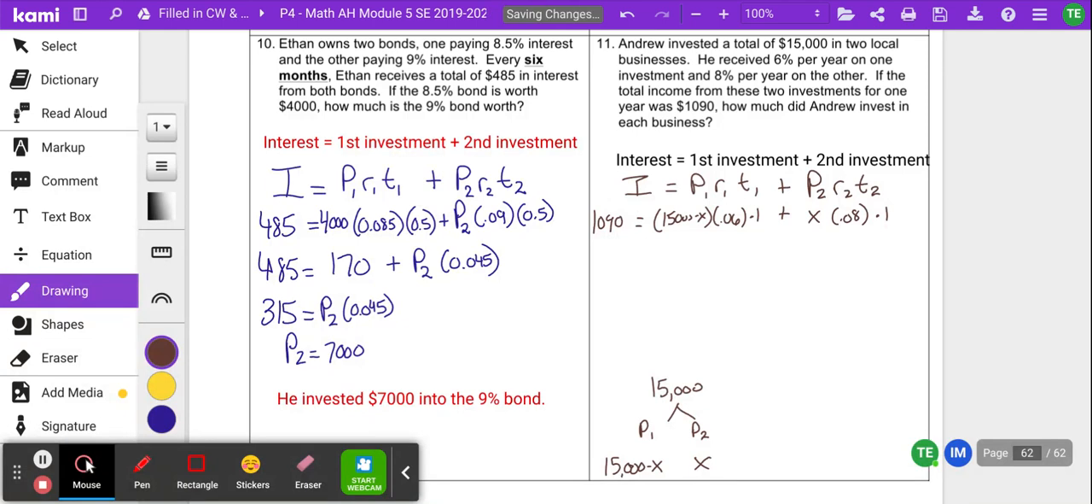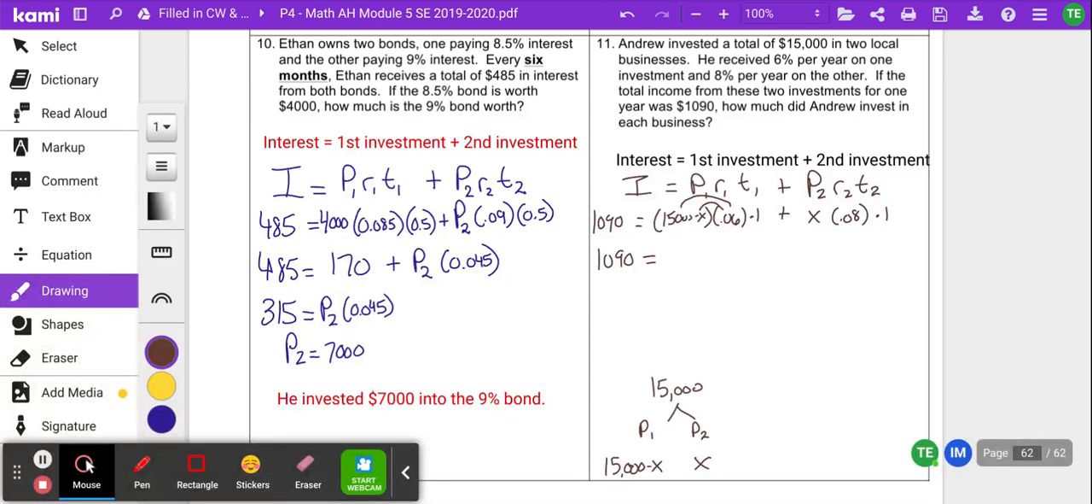All right, so now we've got our equation. We've got to clean it up. So here we have $1,090. 0.06 times 1 is 0.06, and then I got to distribute it over. It doesn't matter if that coefficient's in the front or back. It's still multiplication. So I have to distribute it over. So I have to go, all right,